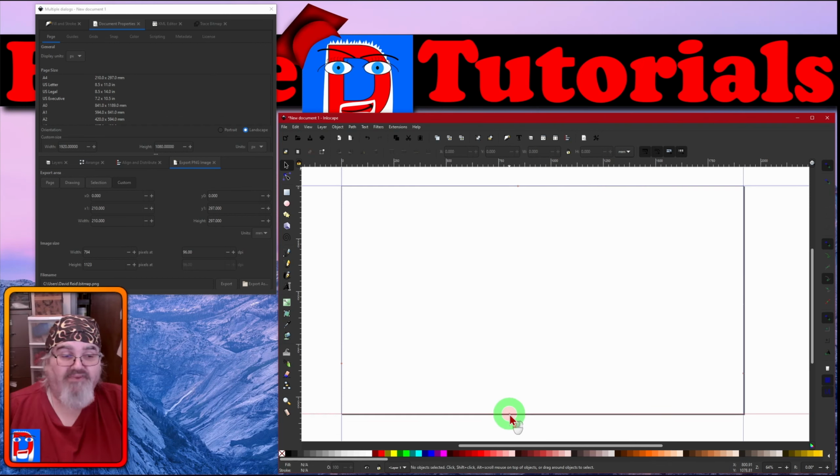Now most of the time when you're doing thumbnails, you can probably get away without using these, but it also helps you to align stuff a little easier. So it's something that I like to work with, but it's totally up to you if you want to use it. So the first thing I'm going to do is draw a box,